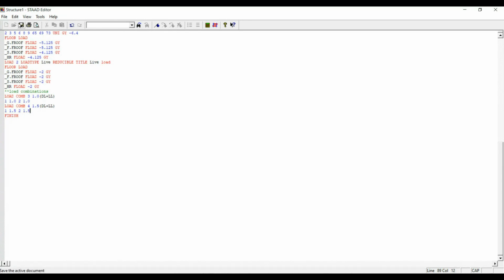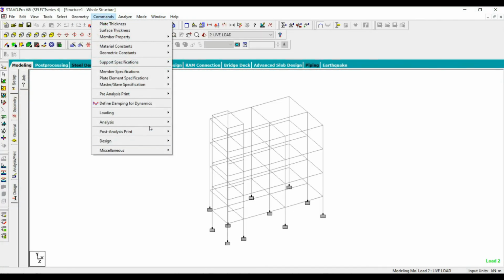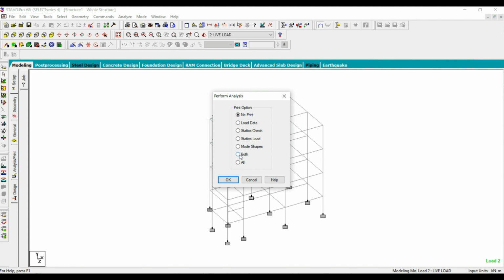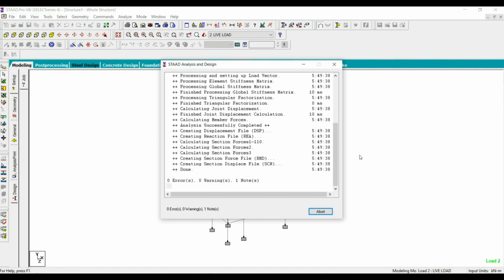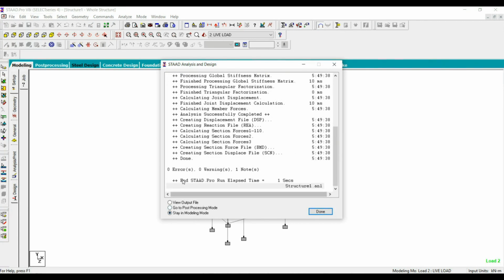So the load combinations have been added. Next, let's do the analysis. Go to command analysis, perform analysis, give all. Then let's run the analysis. See, there are 0 errors and warnings. Done.